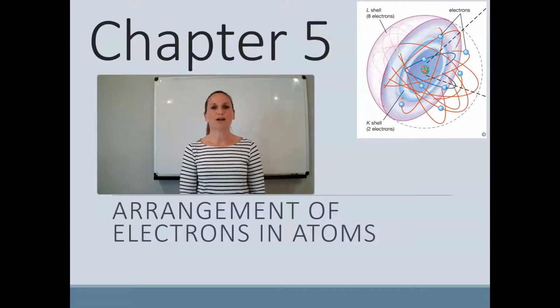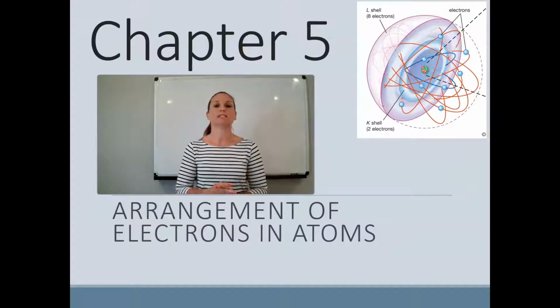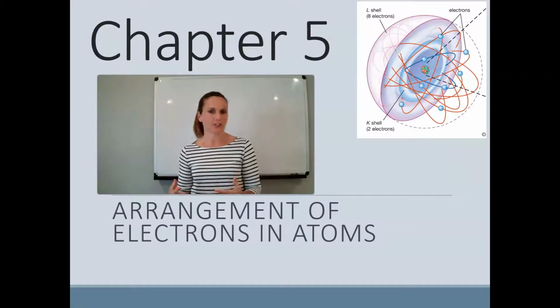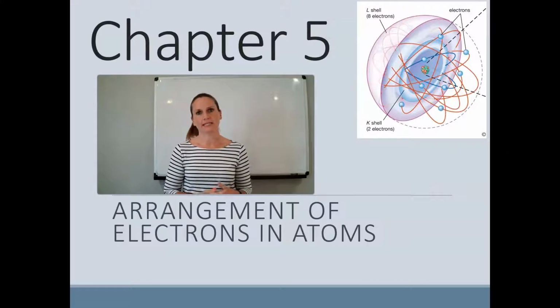Hi students, and welcome to chapter 5 on the arrangements of electrons and atoms. In chapter 4 we talked about neutrons and protons and where they belonged and how to count them up, and isotopes. But in chapter 5 we're going to be looking at how the electrons are set up inside of an